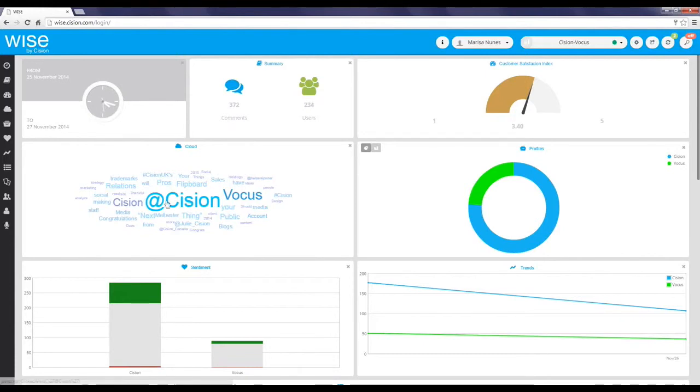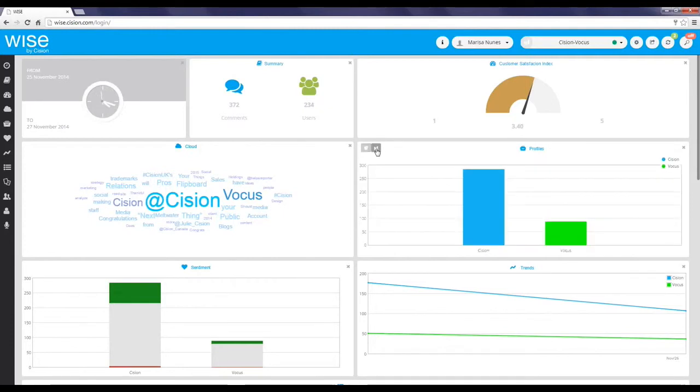The cloud gives you information regarding the most relevant words which appeared in your search. To your right, you have the profiles, the box which gives you the breakdown as to how many hits you had for each of your keywords. There's a feature in this box. You can change according to your preference from a pie chart to a graph,